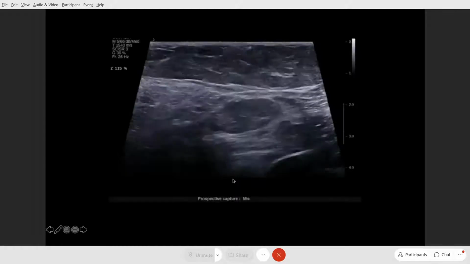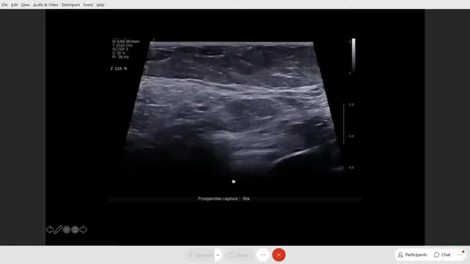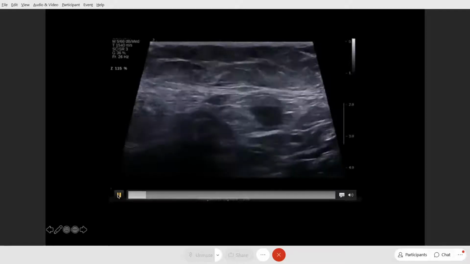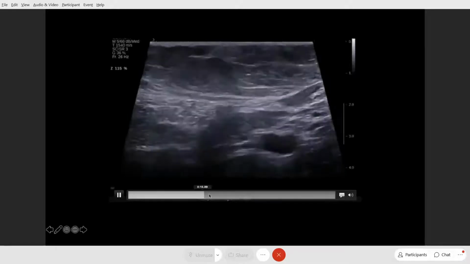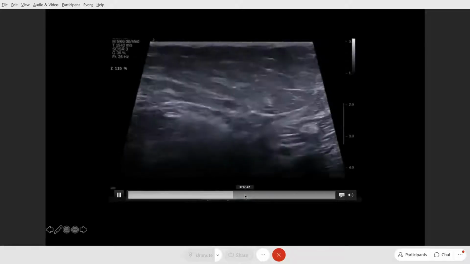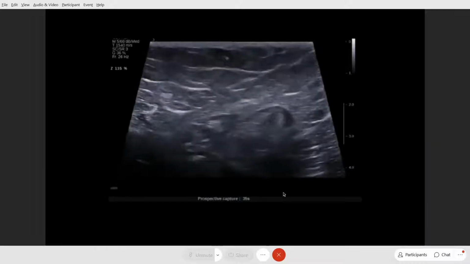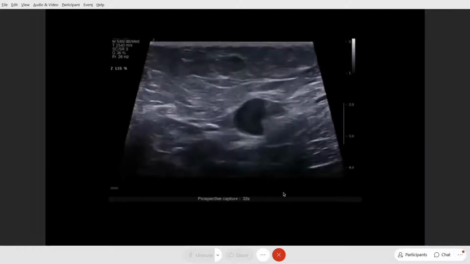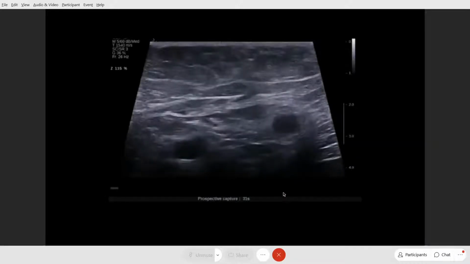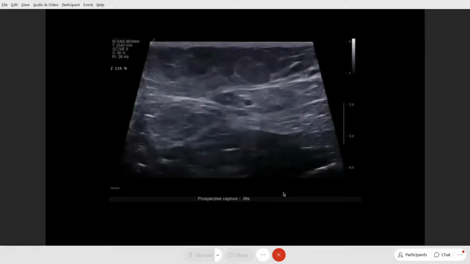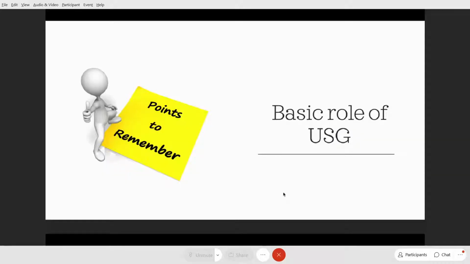We can also do a dynamic ultrasound, and hence we can assess the actual burden of the axillary nodes, and an extremely heavy burden of axillary lymph nodes also predicts systemic metastasis, and she needs systemic staging. If you have multiple lymph nodes, in this case she had more than 10 lymph nodes, and hence she went for PET CT. To summarize, the basic role of ultrasound: